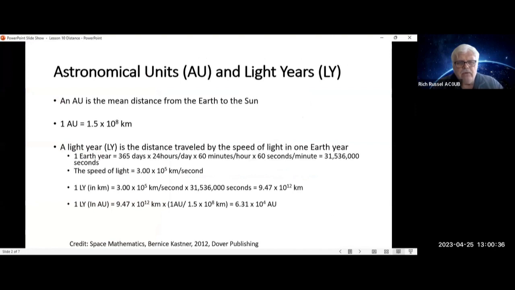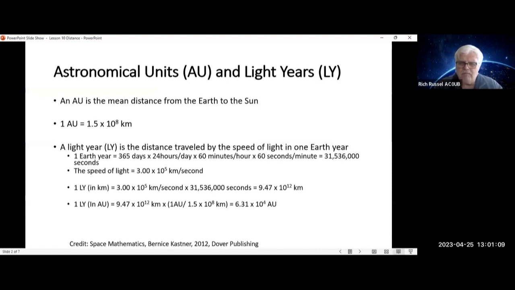The AU, astronomical unit, is the mean distance from the Earth to the Sun. It's been measured as 1.5 times 10 to the 8th kilometers. A light year is the distance traveled by the speed of light in 1 year. So 1 Earth year is equal to 365 days times 24 hours per day times 60 minutes per hour times 60 seconds per minute. It's equal to